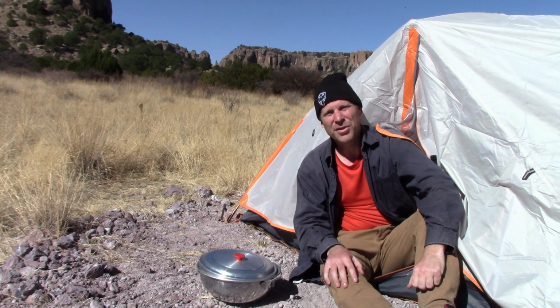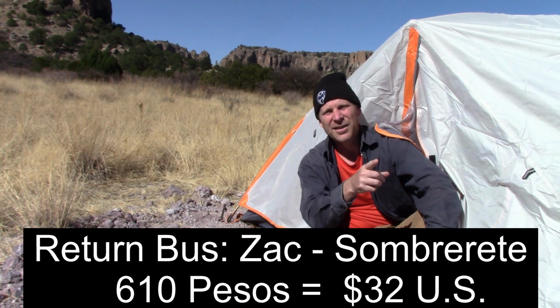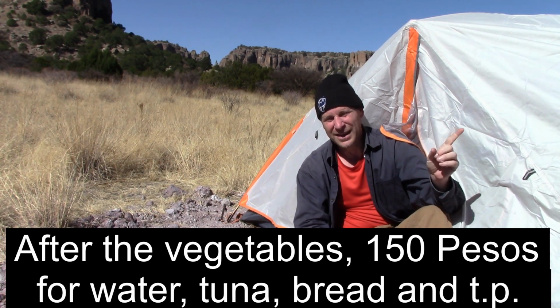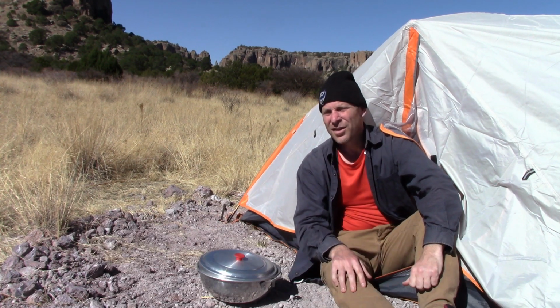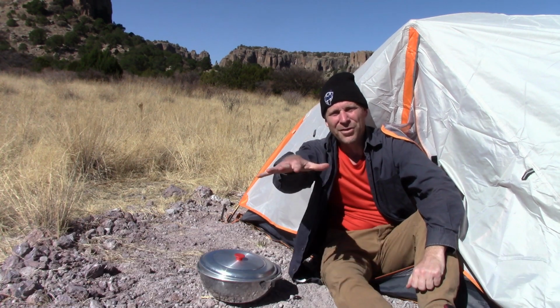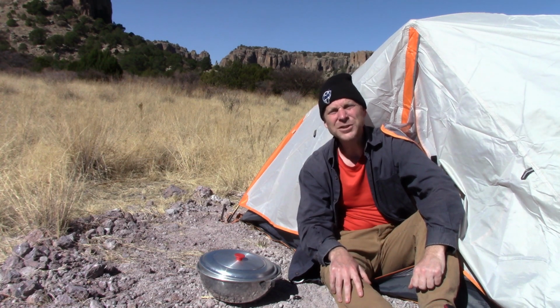Well, I mentioned that it was about 30 US dollars for the return trip by bus from Zacatecas to Sombrerete, another $15 spent at the tienda, and then camping each night was 50 pesos, or about $2.50. So for 3 days, 60 American dollars, más o menos. And many people spend even much more money